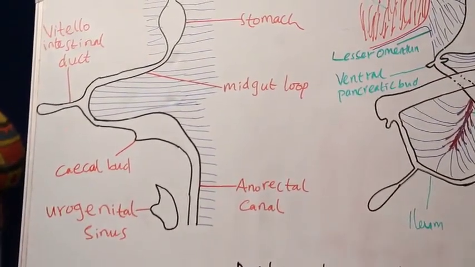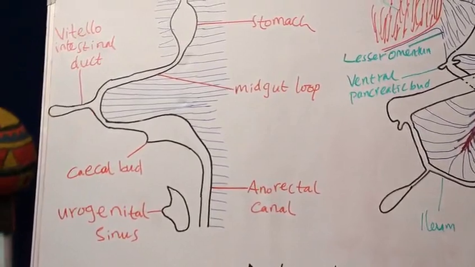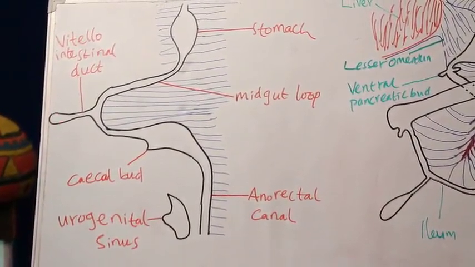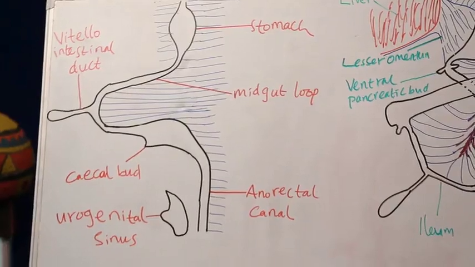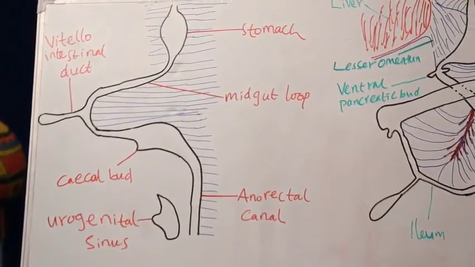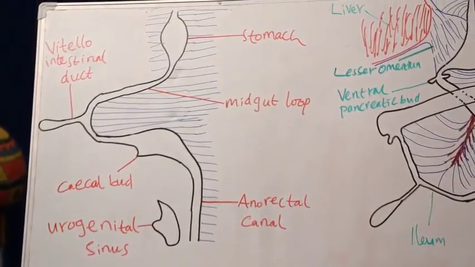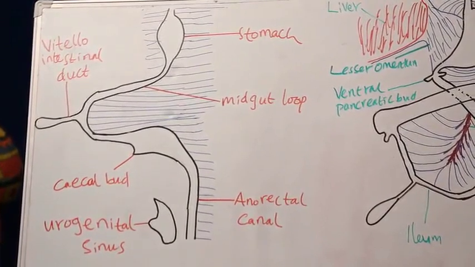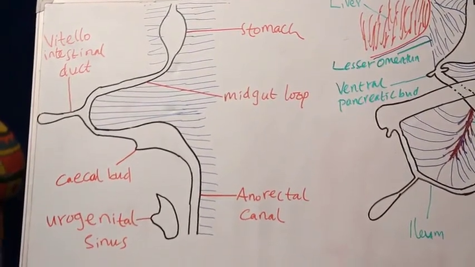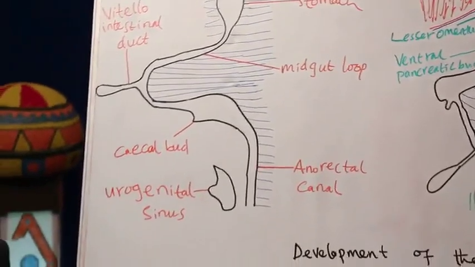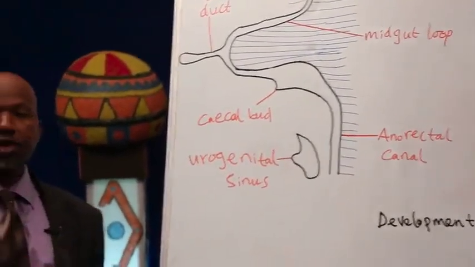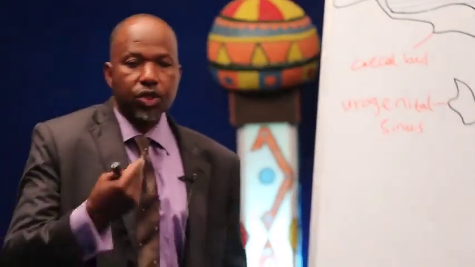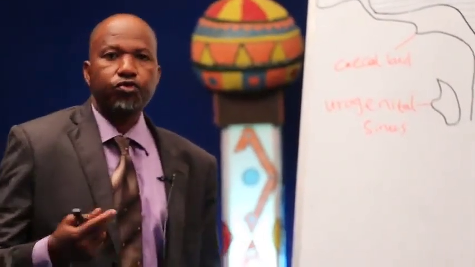And the midgut continues to be attached to the yolk sac via the vitello-intestinal duct. Now, when this happens, the herniation occurs at the 5th week of intraembryonic life. With further development, at the 10th week of intraembryonic life, there is now gradual return of the